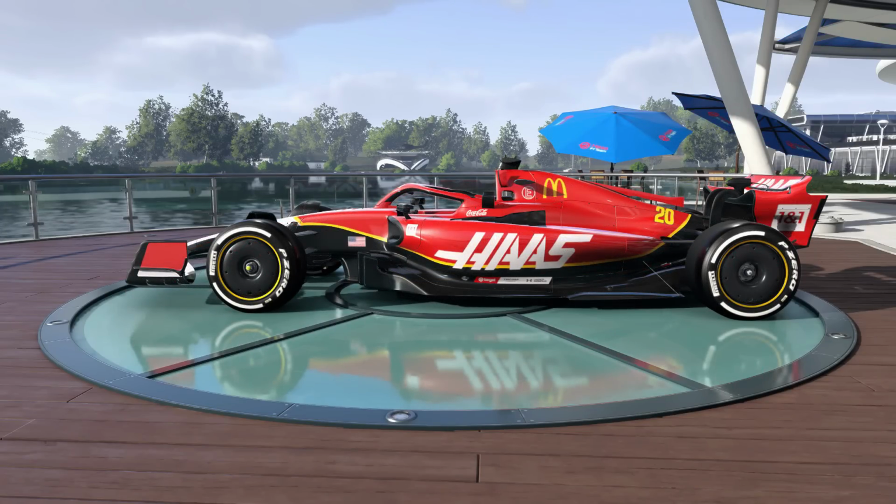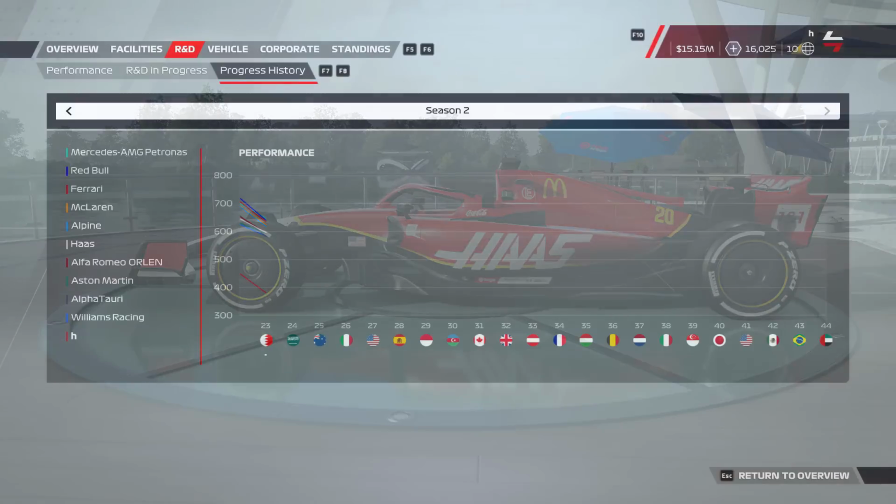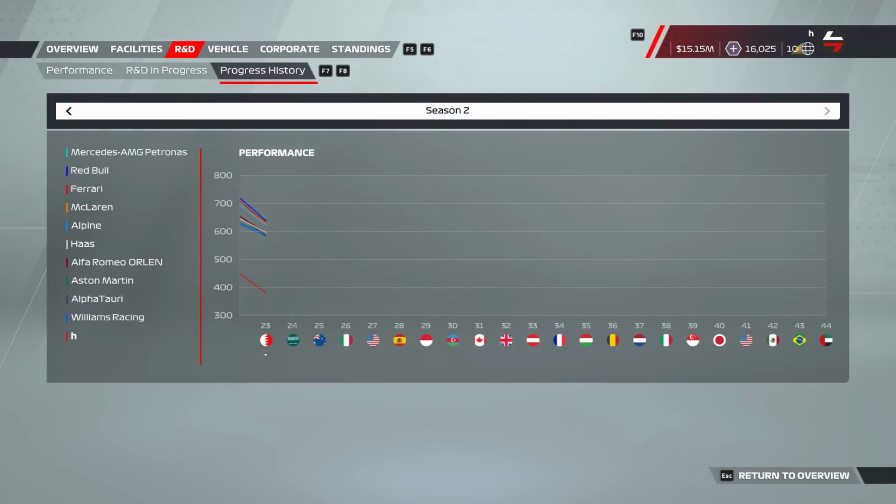Haas, now that they are basically full American with 2 non-American drivers, have gone the full McDonald's look with McDonald's as a title sponsor, and this is the 2023 beautiful McDonald's Haas. Heading into 2023, there weren't many regulation changes, but it looks like Mercedes is actually the fastest car in the